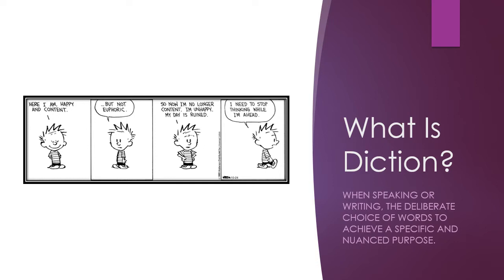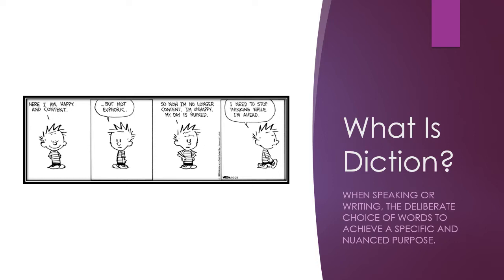So my best guess is, if I had to say what you already know, that you've in other classes probably learned that diction is the deliberate choice of words. Word choice essentially is probably what you've heard other teachers say in the past. Maybe what they haven't said to you before, though, is that when you choose words, it's not just about choosing big or fancy words, but it's making sure to choose words that are going to achieve whatever purpose you have in mind for what you're writing or what you're saying.